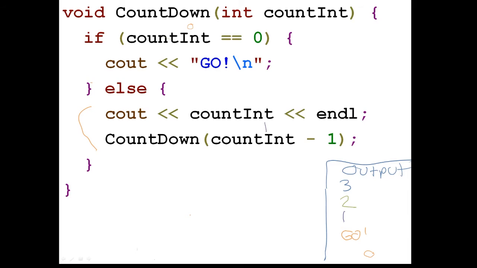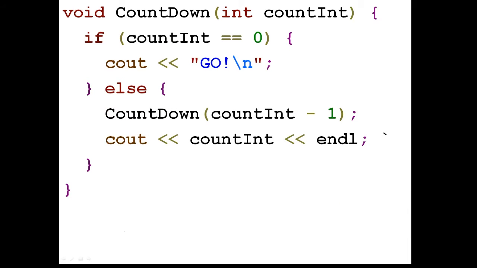What would end up happening if we actually flip them like that? And so let's go ahead and take a look at that. So let's do countdown, right? And we have this value of 3 for count, right? And then we say if count equals 3, that's false. So now what ends up happening is that we get down to this countdown, which means that we immediately move to the next